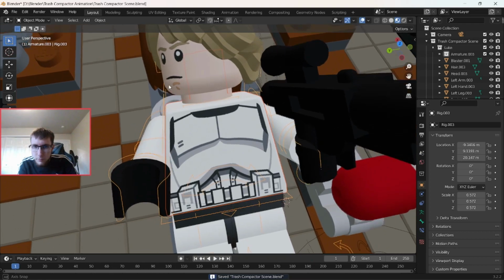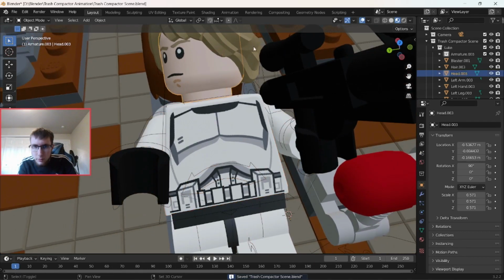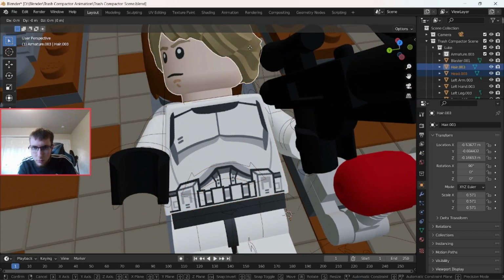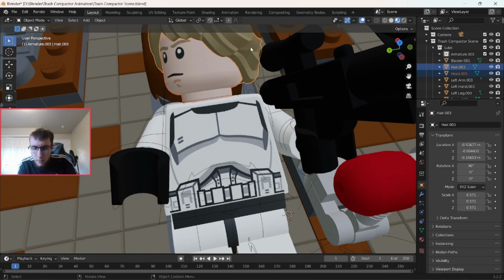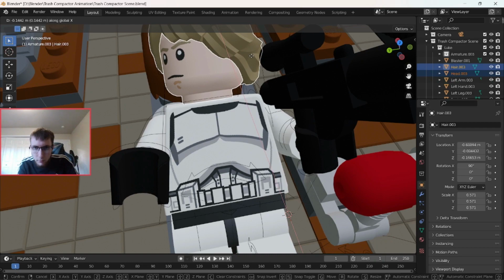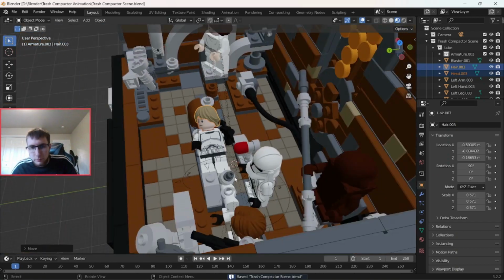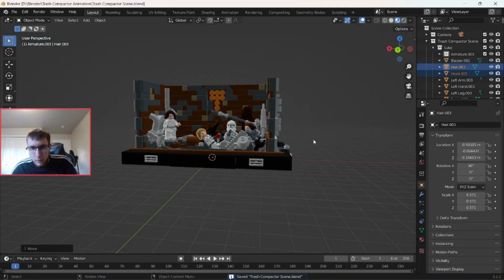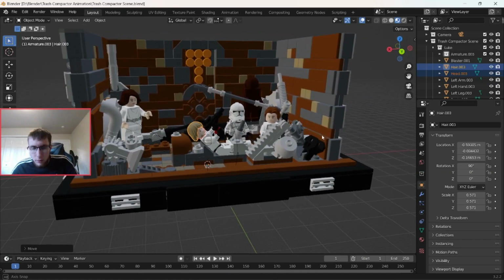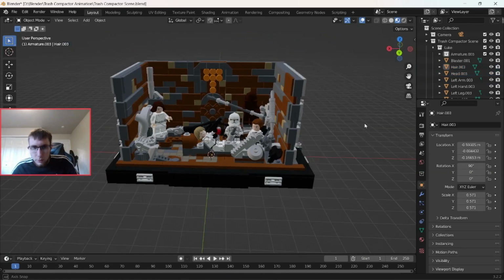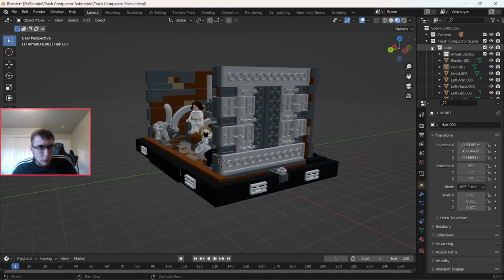object mode. I can kind of see his neck, so I'm just gonna not do that. Oh, GX, there we go. That should be good. So, yeah, I'll do his legs. And actually, what I'm gonna do,